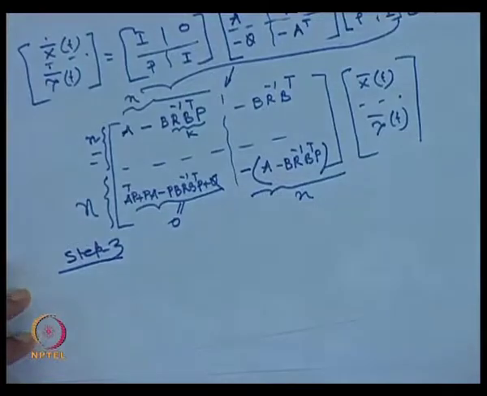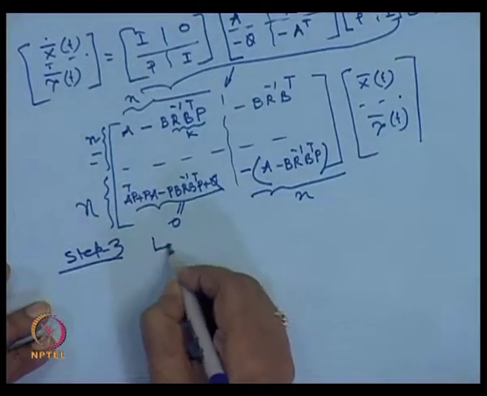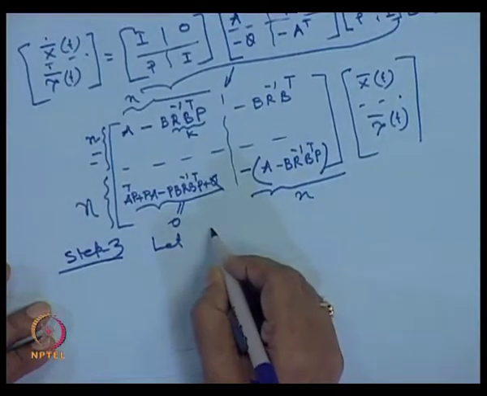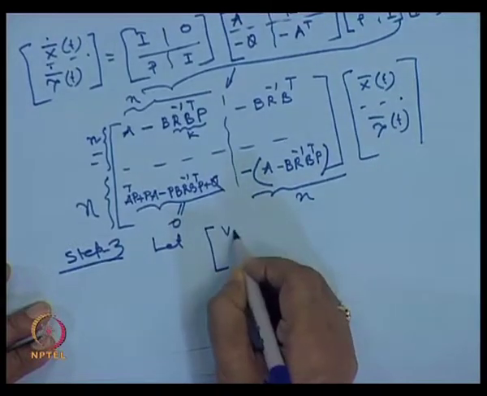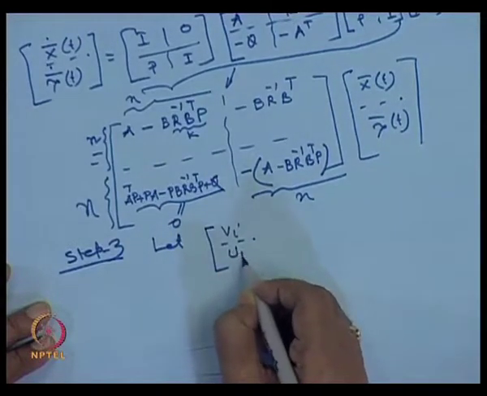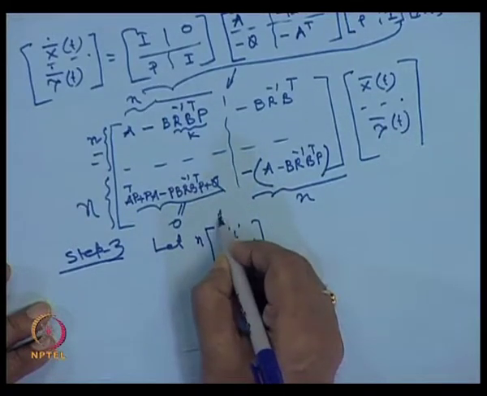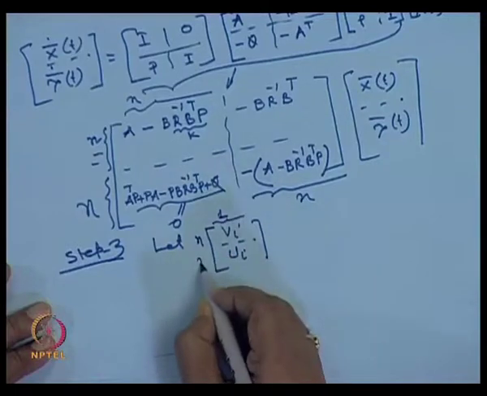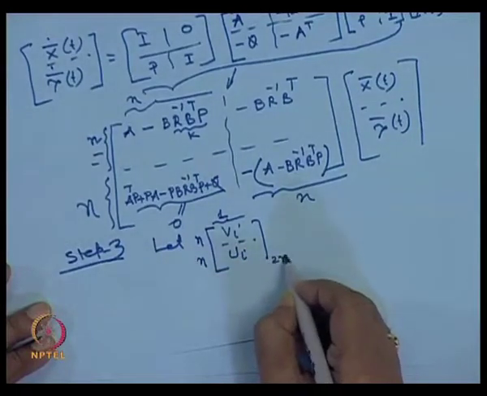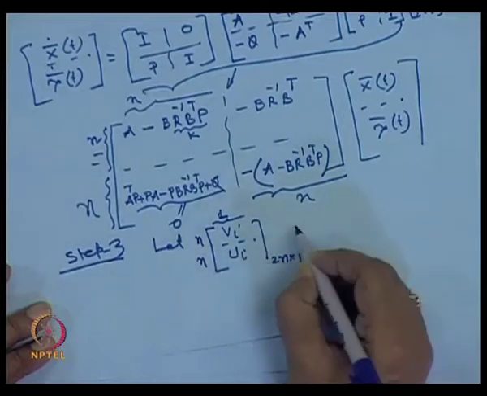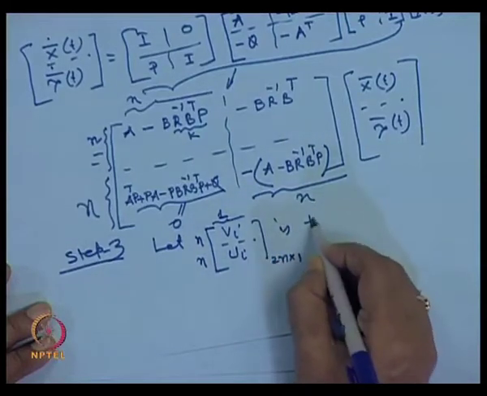That is our next step. So, step A, let V_i, U_i, whose dimension is V_i is n rows, 1 column, and this is the n rows, that means this dimension is twice n into 1. Let this be the eigenvector